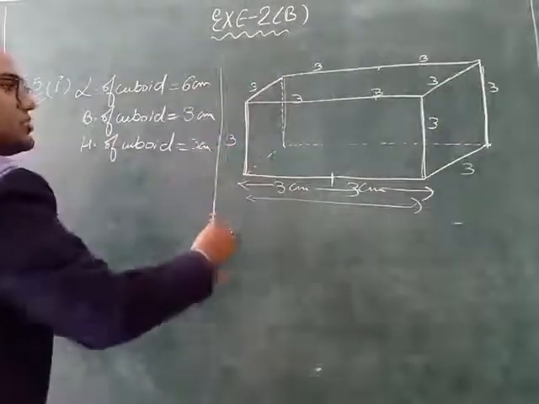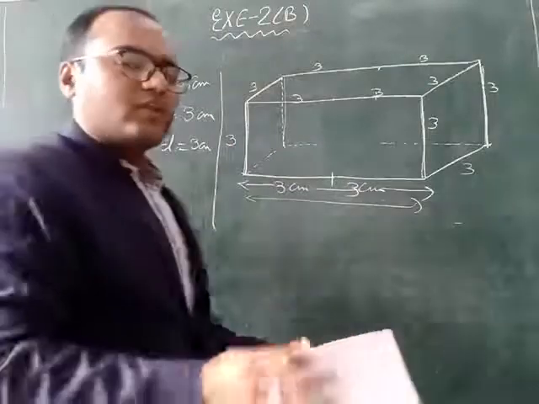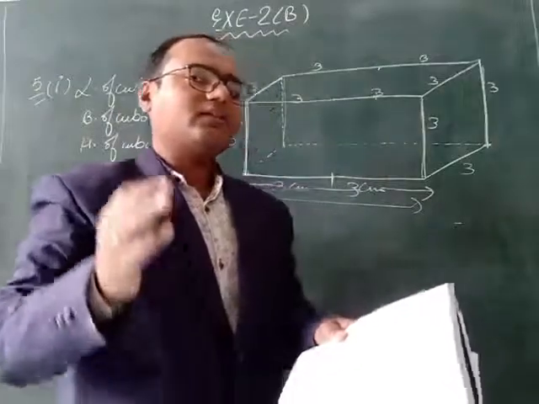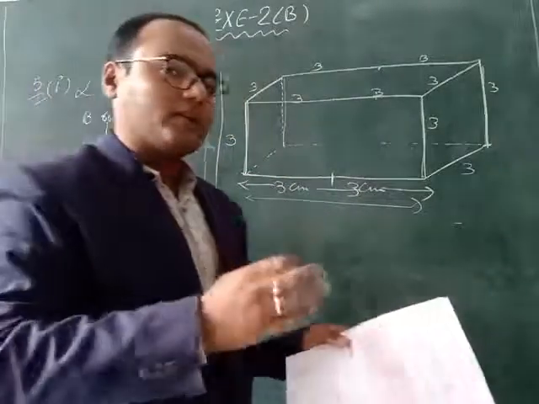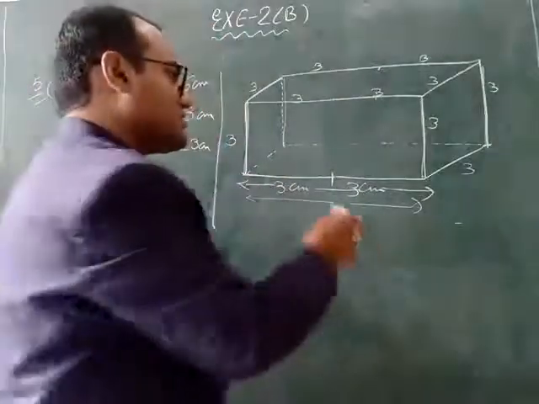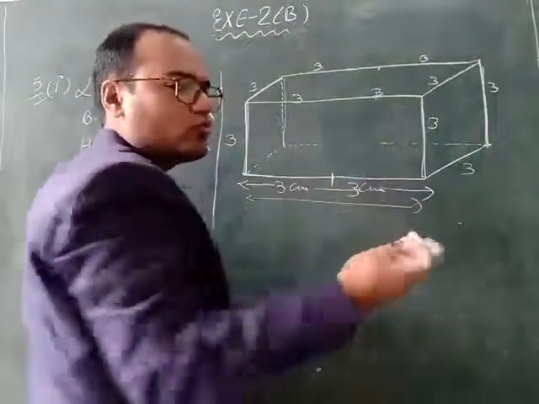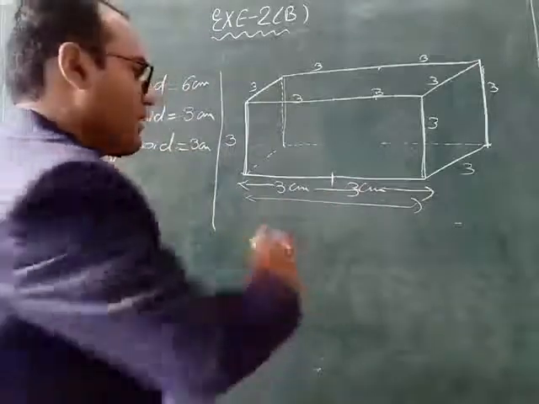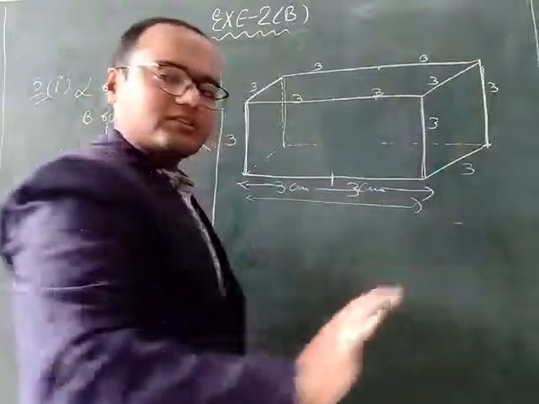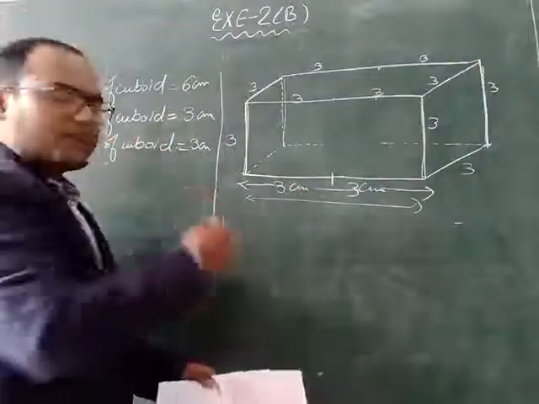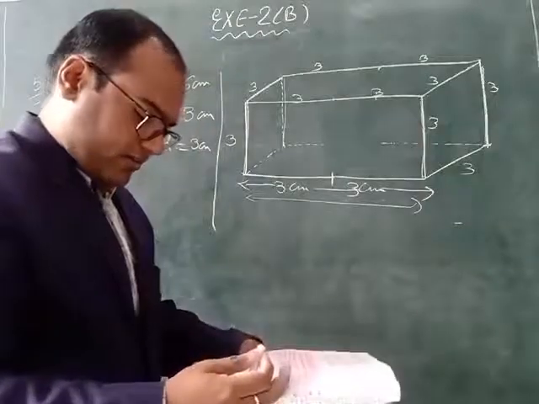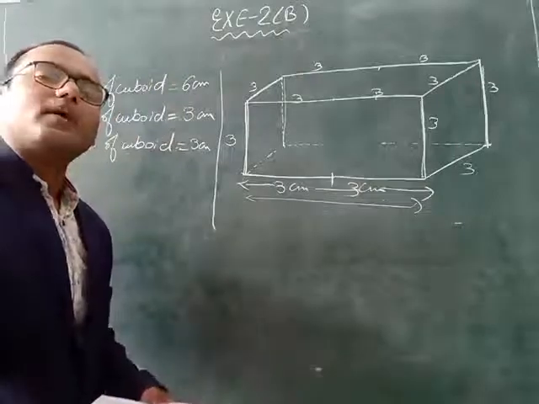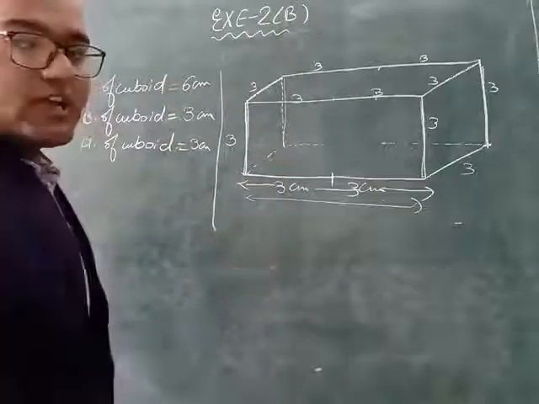So when we joined two cubes, we get one new shape. The name of the shape is cuboid. The length of the cuboid formed is changed. Changed means it is the sum of the lengths of the two cubes. So 3 here and 3 here, total it will be 6. Breadth and height will remain the same. So these are the length, breadth and height. Now what do we have to find? We have to find the surface area of the resulting cuboid.